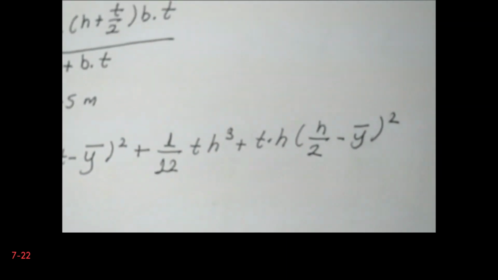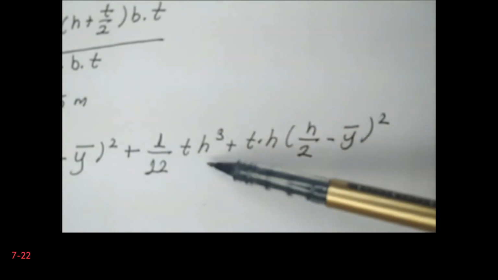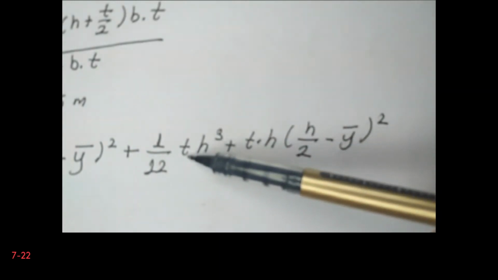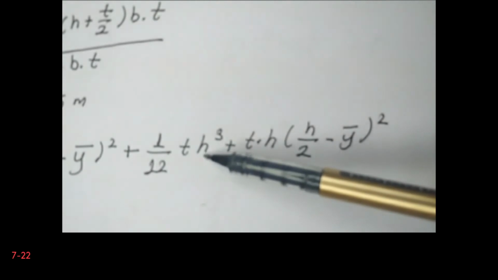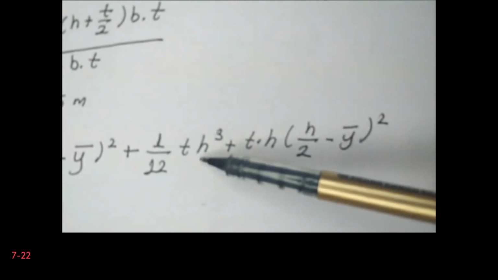So again, let me repeat it. The second part has the width t, h cubed, plus area multiplied by the distance of the centroid of the area to the neutral axis, squared. Okay,